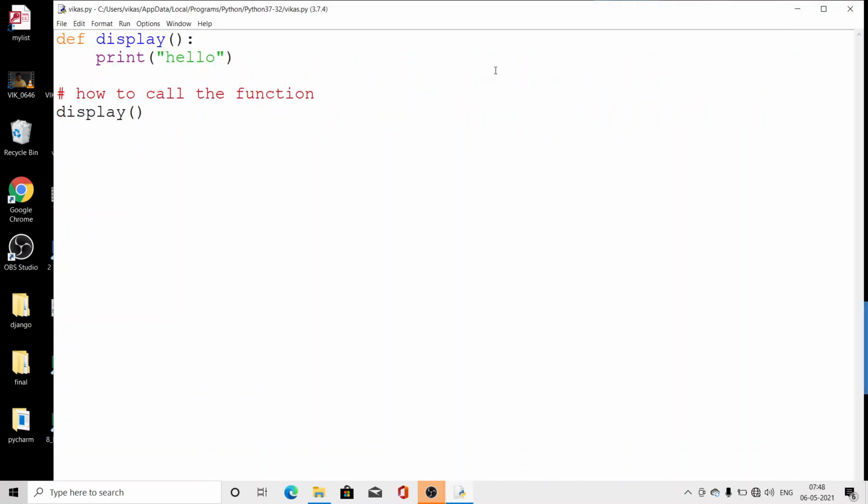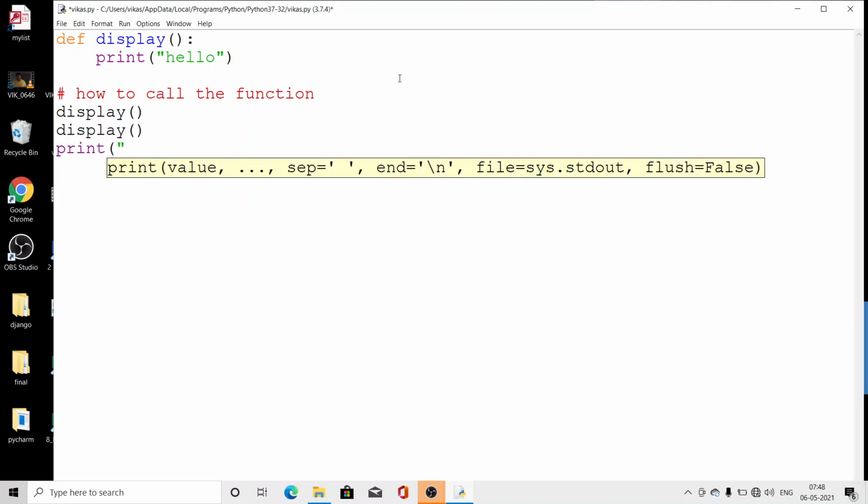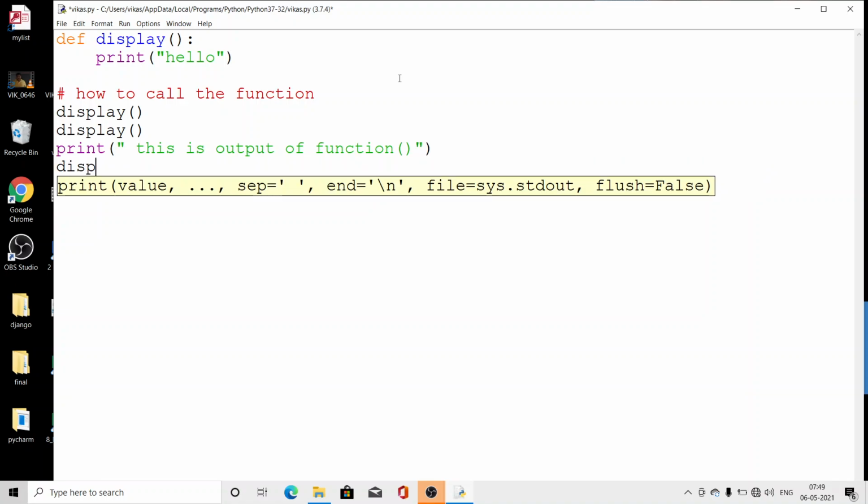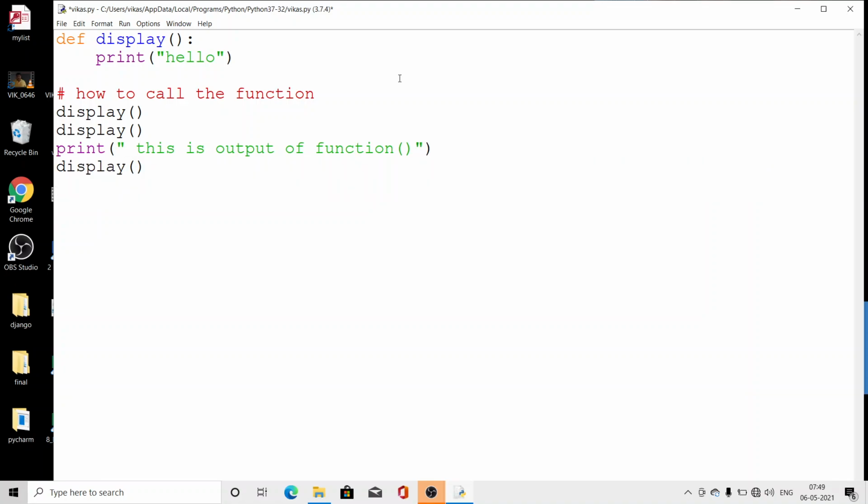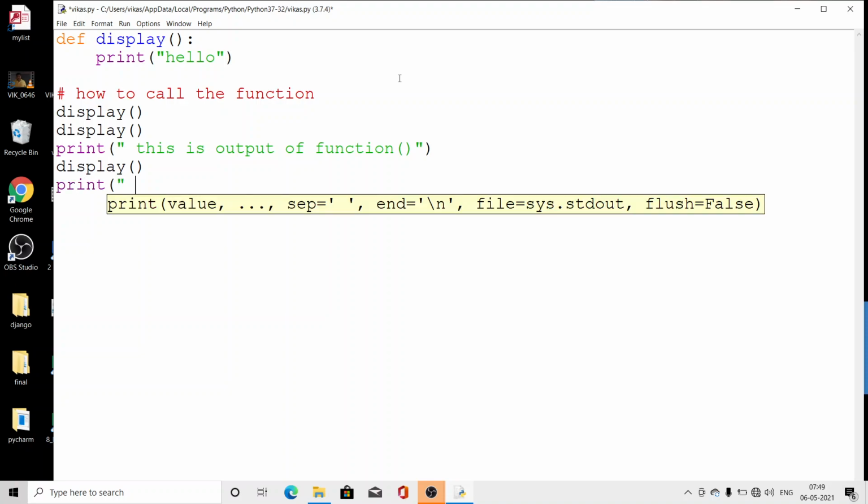Now, as many times as I need, I may call it from different lines. This is the output of the function. Now again I need to call, so I can call display here. Again I have to write here print hello.